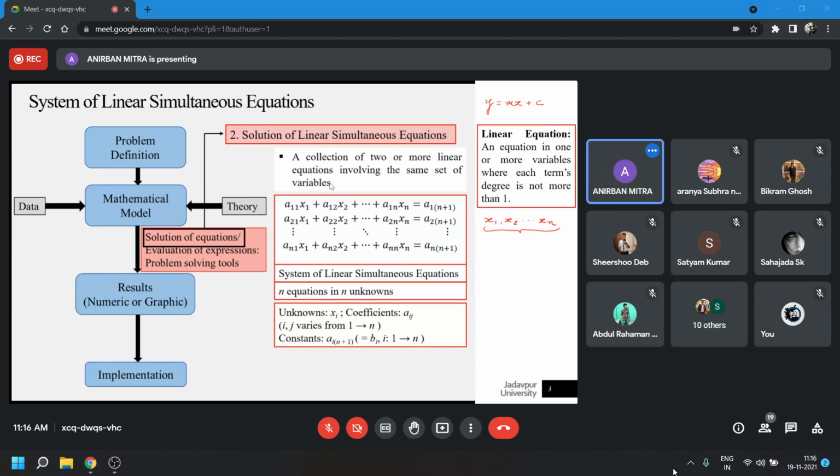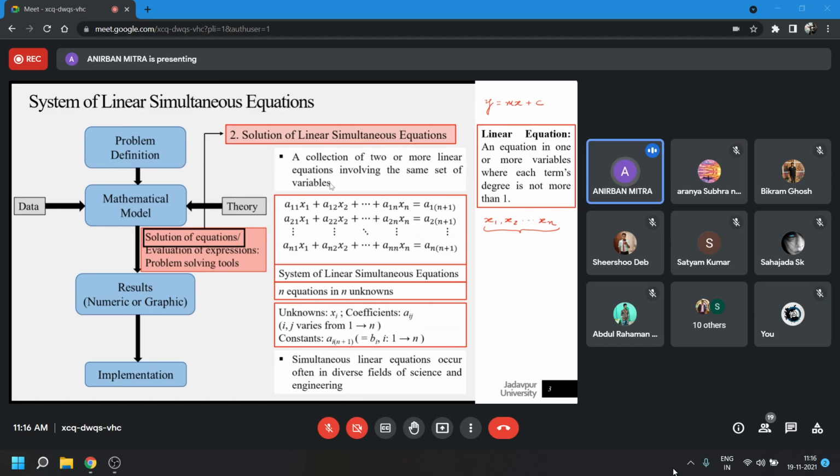On the right hand side, you see the terms represented as a_{i,n+1}. In some books of numerical analysis or even some mathematics books, you will find the right hand side represented as b_i's. So that is just a matter of representation. You can go for any one of these two representations. Now these sort of equations, that is system of linear equations, simultaneous linear equations, usually occur in different fields of